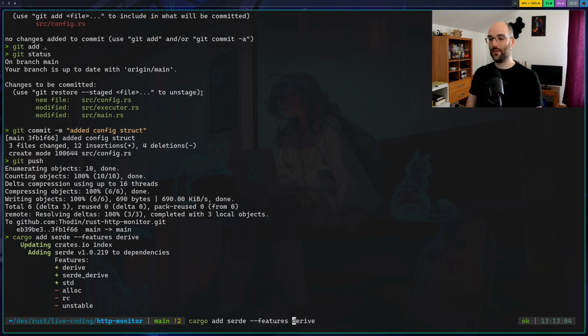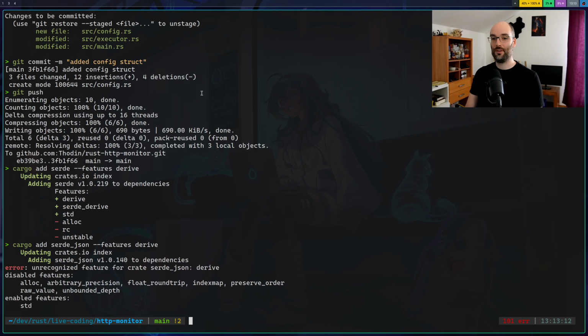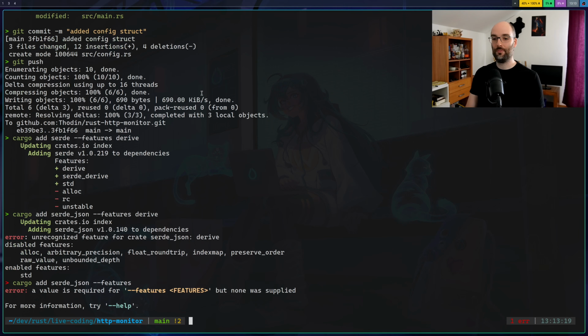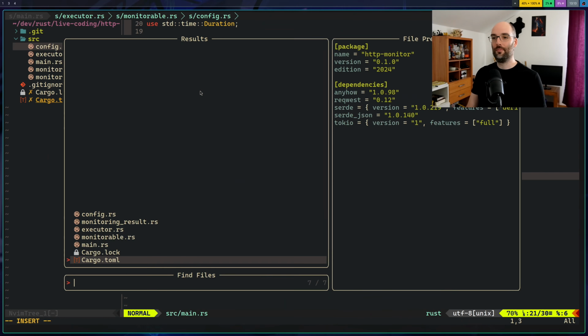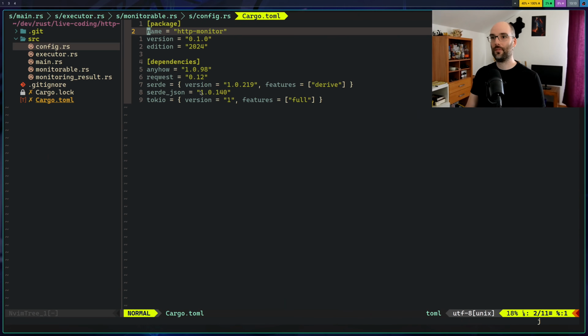And because we're going to use JSON files, we need that for JSON as well. Does it come with the derive functionality by default? I guess it does. Well, let's see. Yeah, we've got serde JSON. I think we're good.